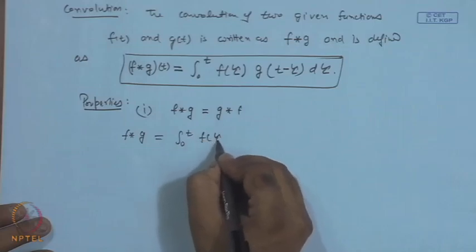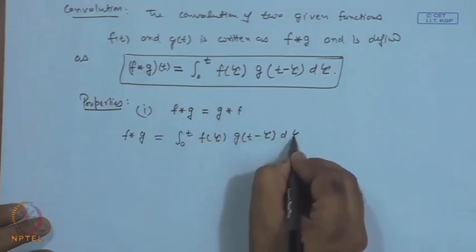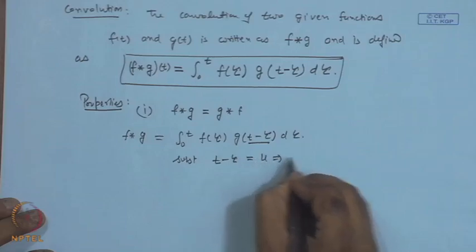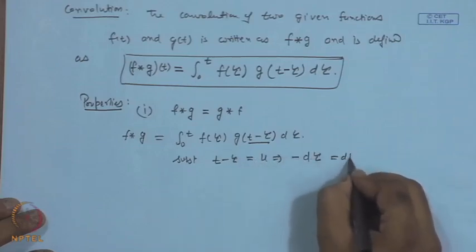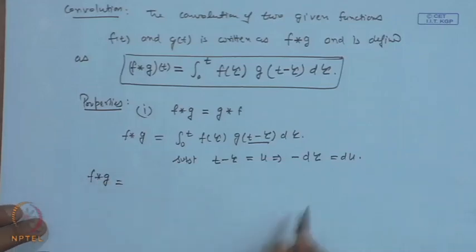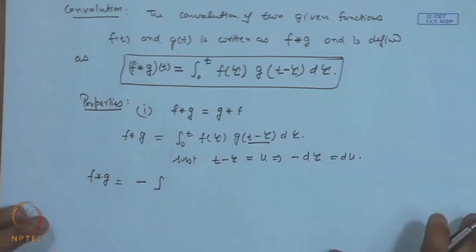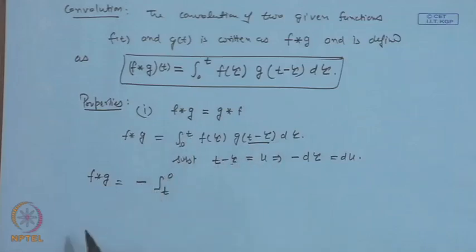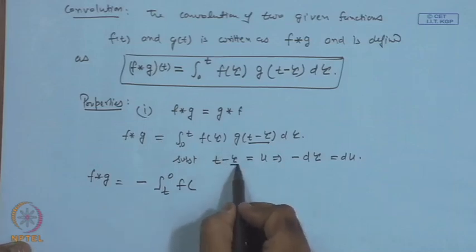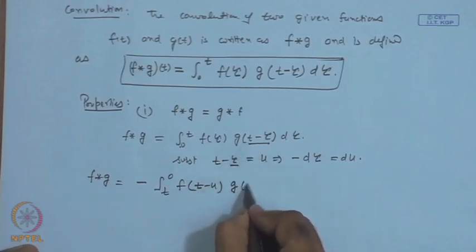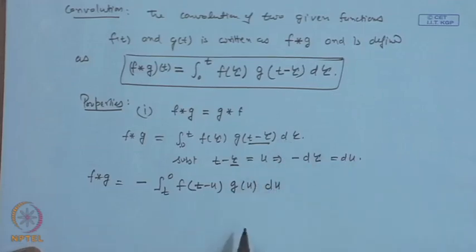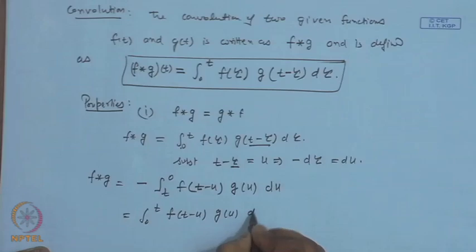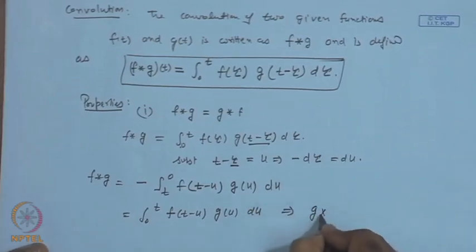So, it is 0 to t, f(tau) g(t minus tau) d tau, and if we substitute here t minus tau equal to u, we will get d tau is minus du, and when tau is 0, u is t, and when tau is t, u is 0, and f of tau is f of t minus u, and we have g(u), and this is 0 to t, f(t minus u) g(u) du,